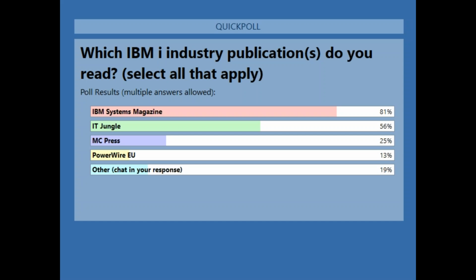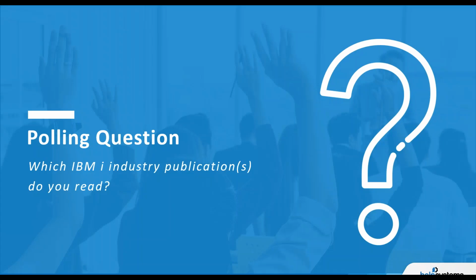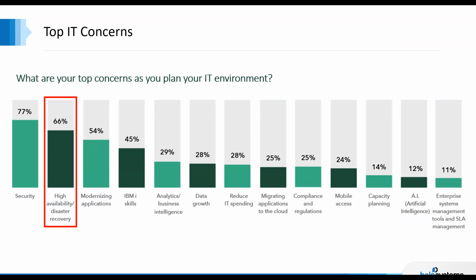And, again, we do the IBM Marketplace study, and this year we had over 500 people take the study, and we always ask the question, what are your top concerns as you plan your IT environment? Of course, number one being security, but then number two is high availability disaster recovery. And this is not new technology to the IBM Power customer. It's been around for many years, but yet it appears to me that it's very important, and we all should be evaluating what we're using, what we're doing, probably on an annual basis. And I think that this will continue to be a high ticket item.